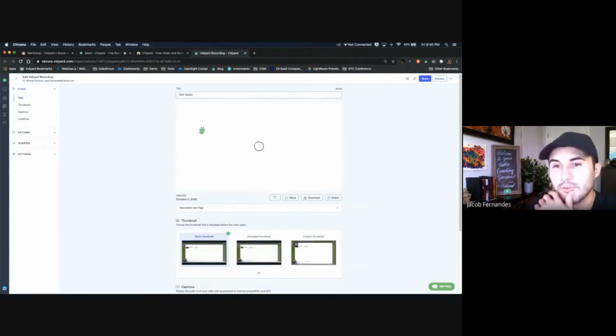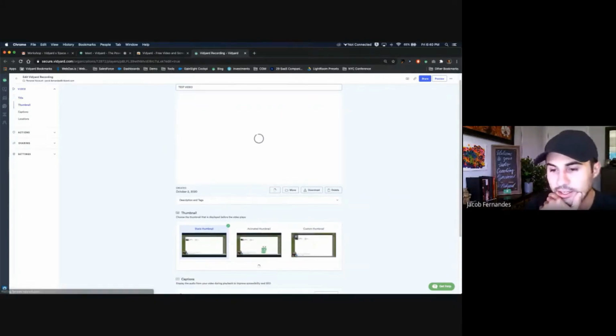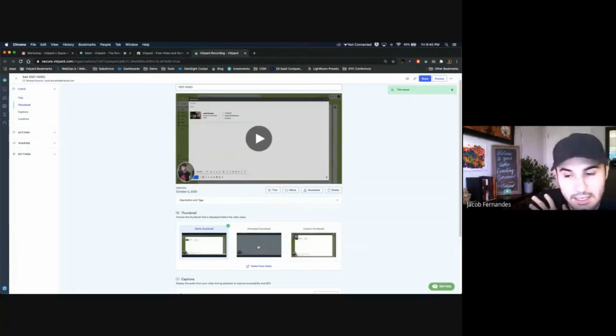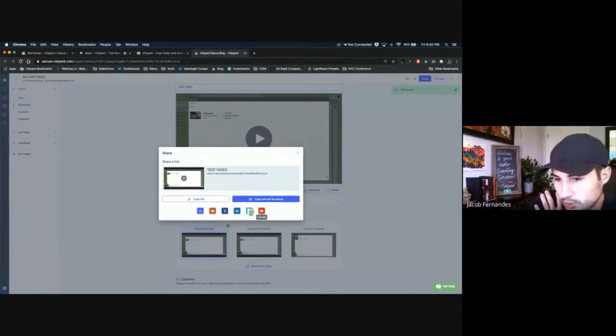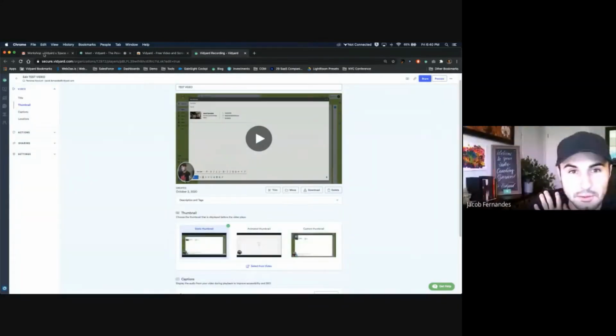And then after the video is done rendering, essentially you can change what the video will look like in the email. If you are submitting an email, we can change the image. They click play. You can make it animated, but this may be unnecessary. Once you're happy with the video, you can play it back, and then you can actually copy the link and share it directly. You could share it to multiple social networks if needed, or if you need to send via email,